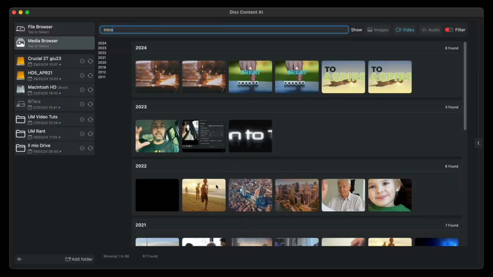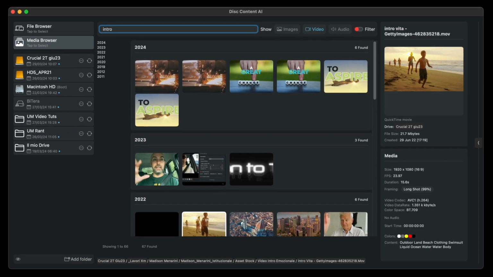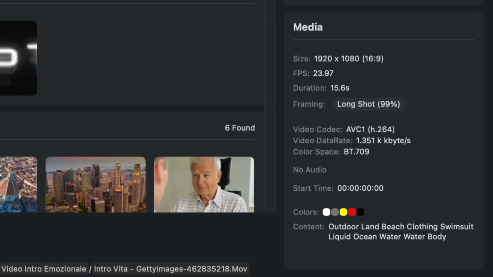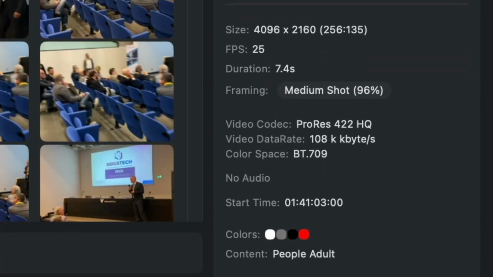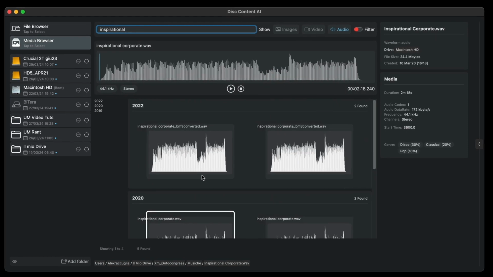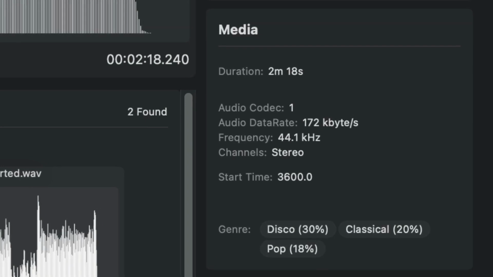When scanning media, Disk Content AI analyzes each file using different machine learning models to try to actually understand as much as possible what the content of the media itself is. For image and video files, a classification is made that includes more than 1,000 categories and an indication of the type of framing: close-up, half-figure, long shot. For audio and video files, a classification is made on the basis of 10 music genres. All these classifications have a confidence value expressed as a percentage that is reported in the metadata.